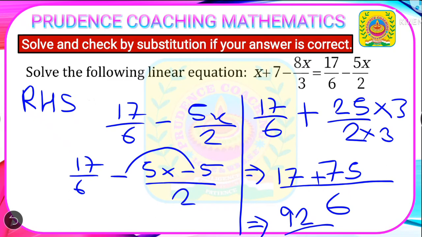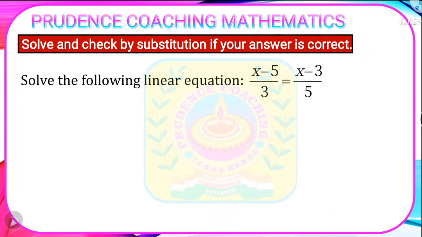Now as you can see, you can cancel out. So if we cancel by 2, then you will get here 46 by 3. As you can see, LHS is equal to RHS, therefore the answer is verified, and the value of x is minus 5. Next one,